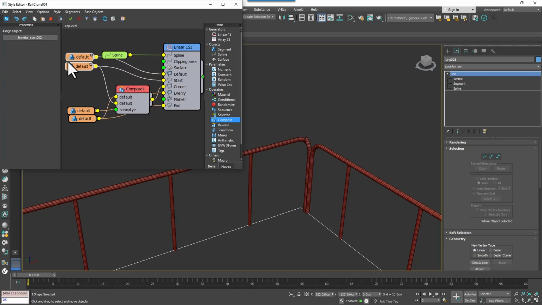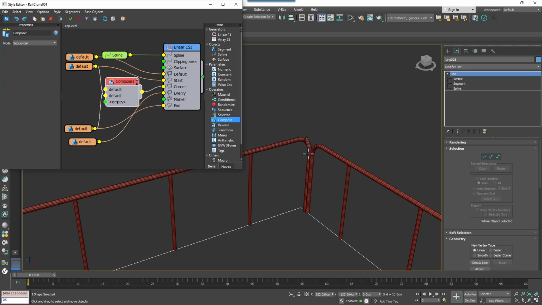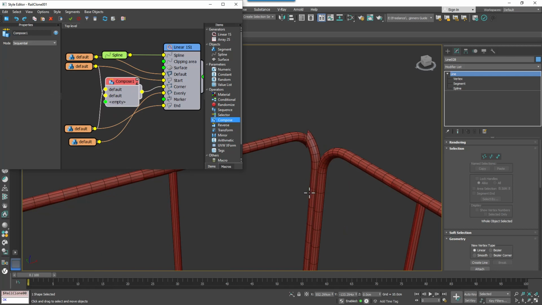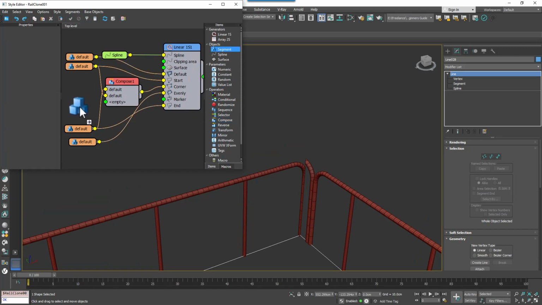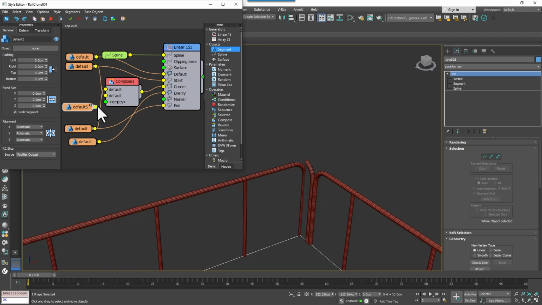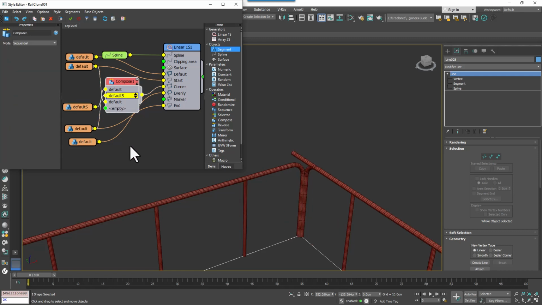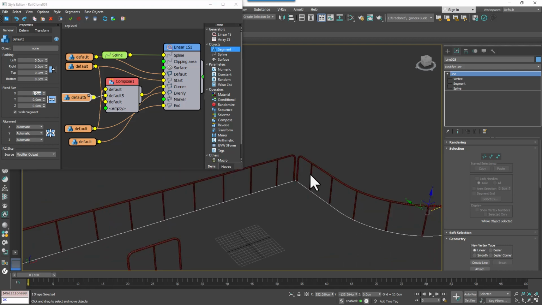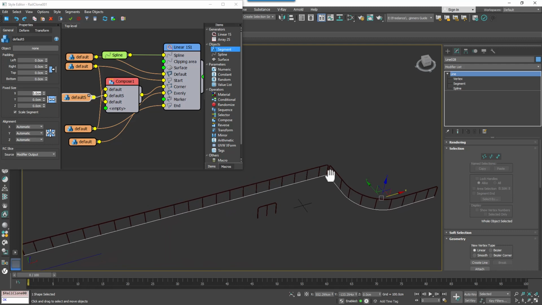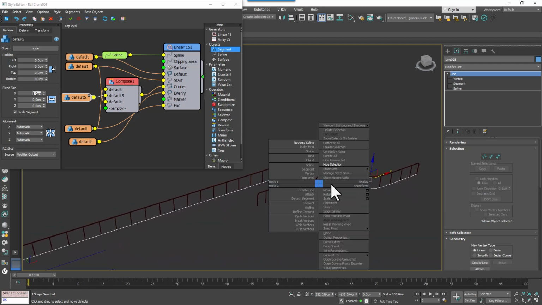This creates the correct geometry in the right order, but it's not aligned to the corner how you'd imagine. This is because there's an even number of inputs, so RailClone centers the geometry to the first segment in the compose node. To take more control, add an empty segment to the second input of the compose operator. When an odd number of inputs is attached to a compose operator, the center geometry is always used to align to the vertex and the positioning is correct. You can even change the X size of the empty segment to control the size of the gap shown at the corners.